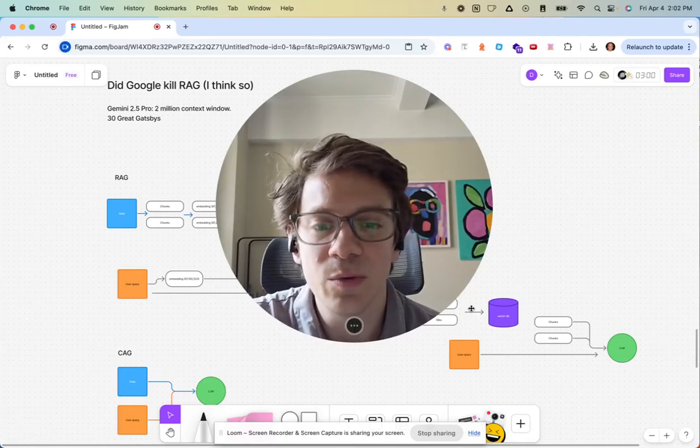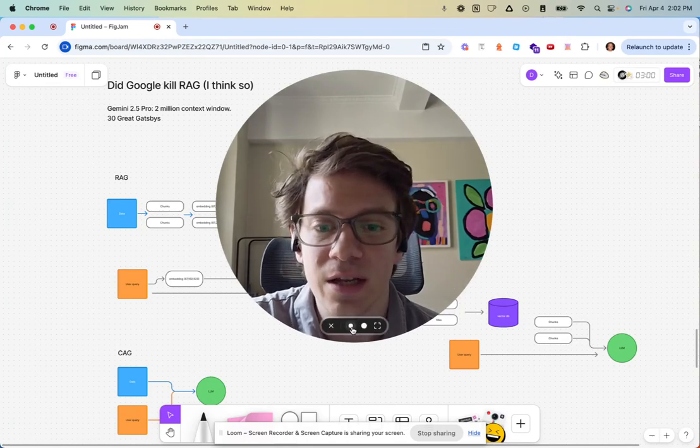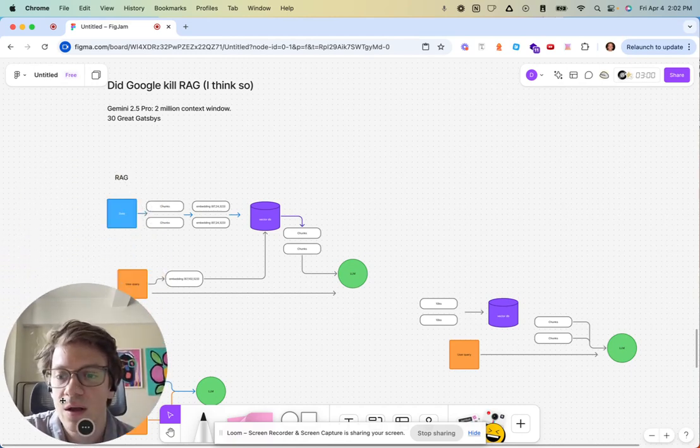Google's new model Gemini 2.5 Pro might have just completely killed RAG as we know it. And I got the data to back it up. So for context here,